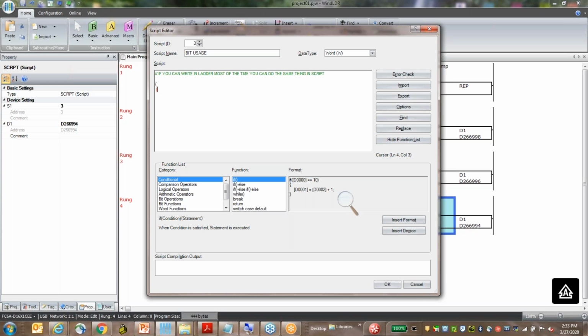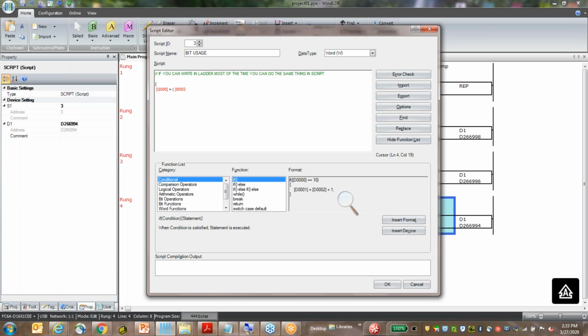We'll do Q6. Q006 is a pilot light on my demo for the heater. So Q6 is equal to, or is on if